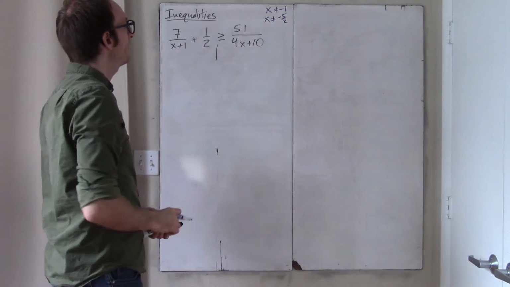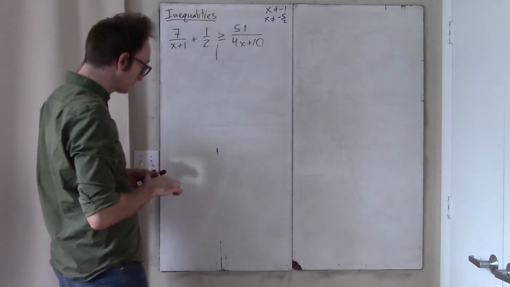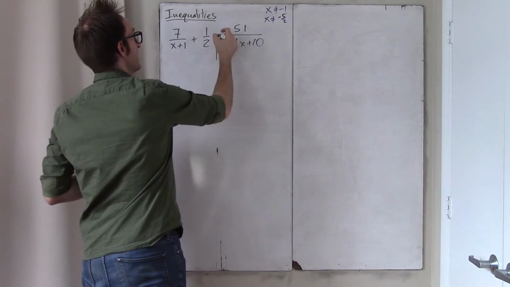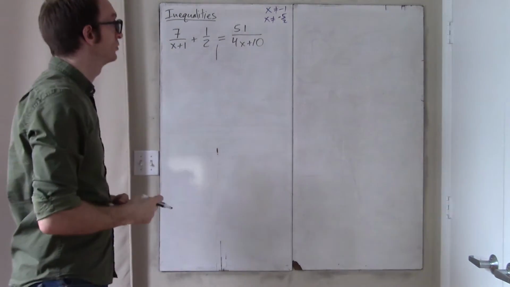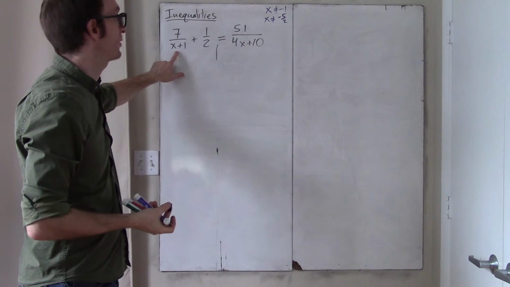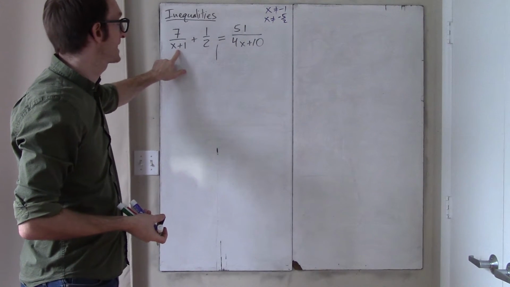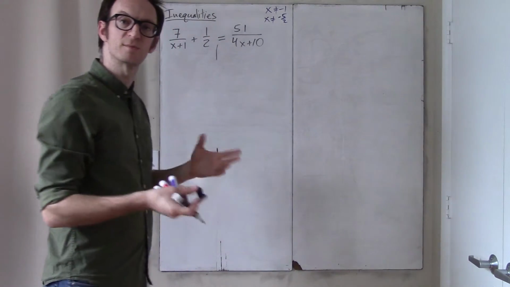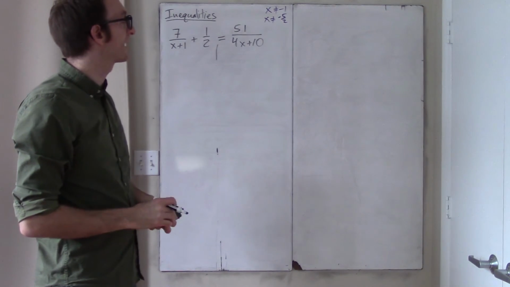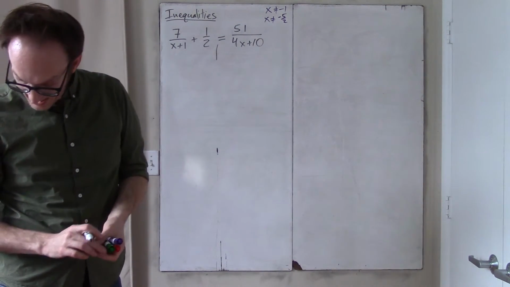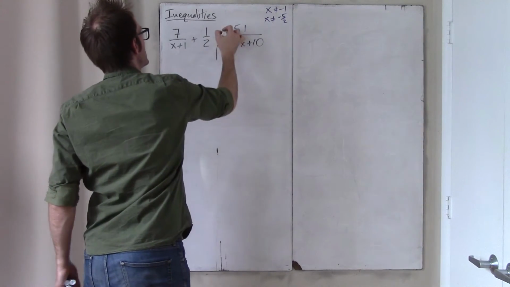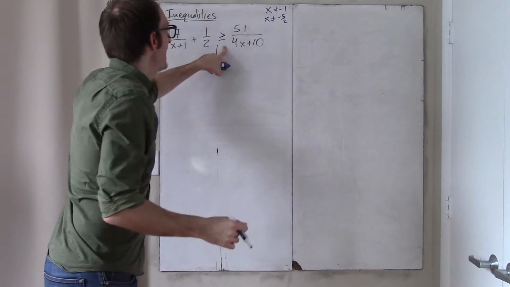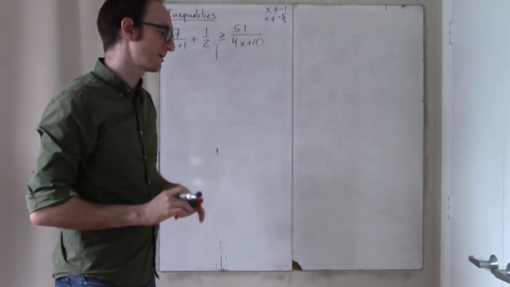What can we do? Well, if this were an equal sign, then there is a really good way of simplifying this very quickly, and that would be to multiply both sides by x plus 1, for example. If you multiply both sides by x plus 1, then you're simplifying, you're getting rid of fractions, you're making progress. But this is something that you have to tell Precalc A students. Since we're solving this inequality, we absolutely cannot multiply by x plus 1 because,